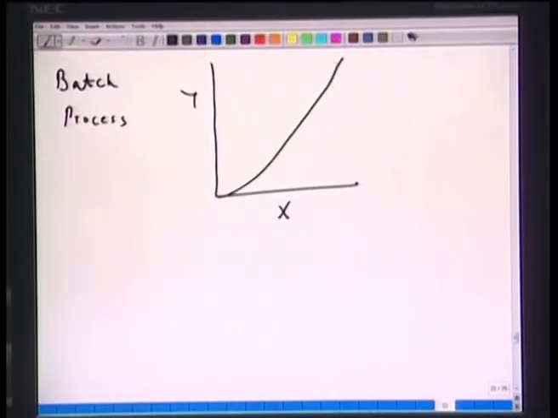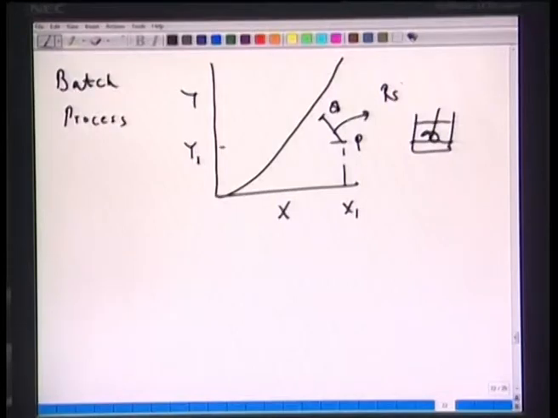Now we say that we start with a certain composition of one phase as x1 and a certain composition of another phase as y1, and then we have a batch system here. The two phases are brought in contact, they are given enough residence time, and we allow them to settle. Now the curve will still be the same, P going to Q, and the slope of this